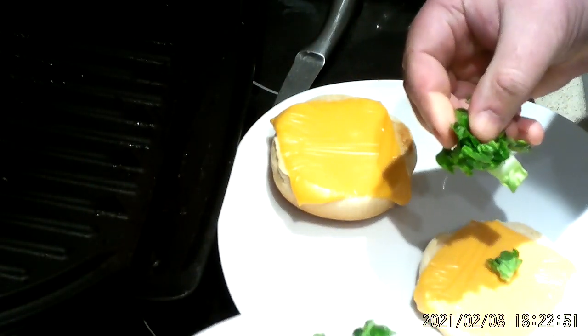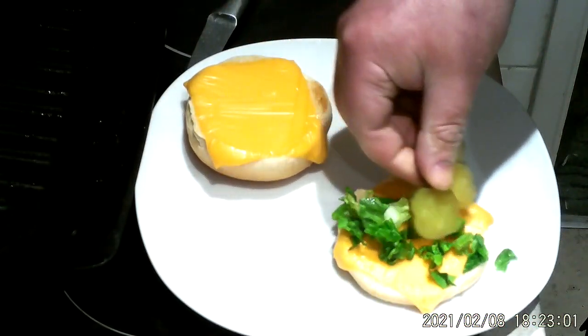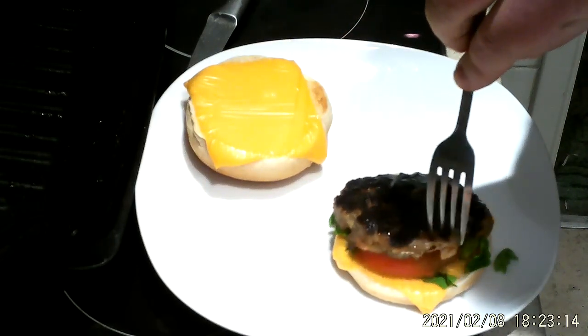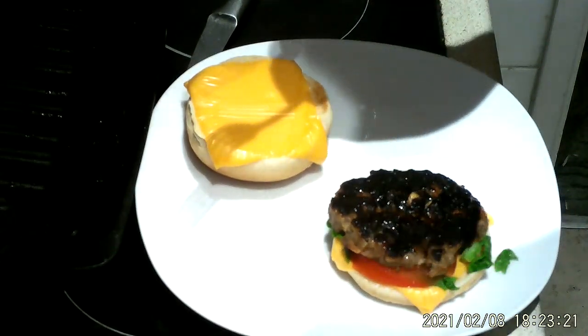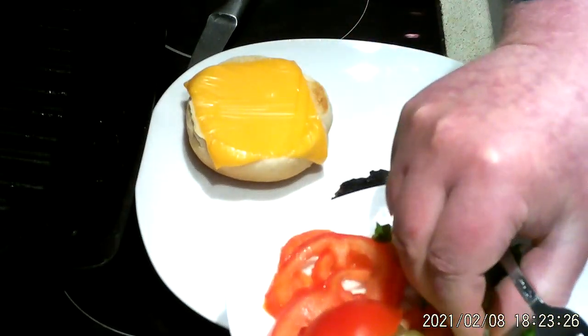Okay, so we'll start with a little bit of lettuce, a little bit of lettuce at the bottom. A little bit of gherkin. Some tomato. And then we'll go for one of the 2 pieces of burger. Okay. Now, bit more tomato, bit of gherkin,